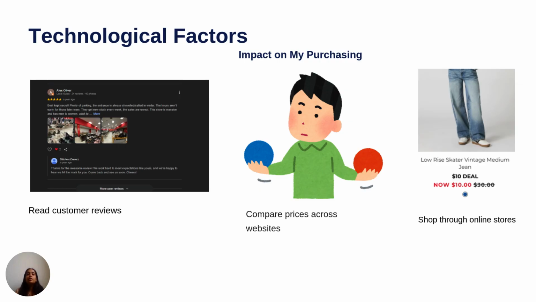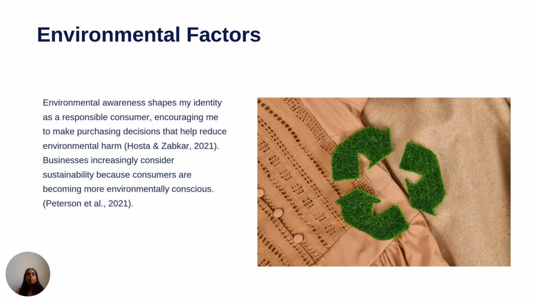In my experience, I usually search for the product online, compare prices, and read customer reviews before deciding where to buy. For example, after learning about the clothing store Stitches, I searched for it on online platforms like Instagram and read customer reviews. After seeing the styles and affordable prices, I went to the store by myself.